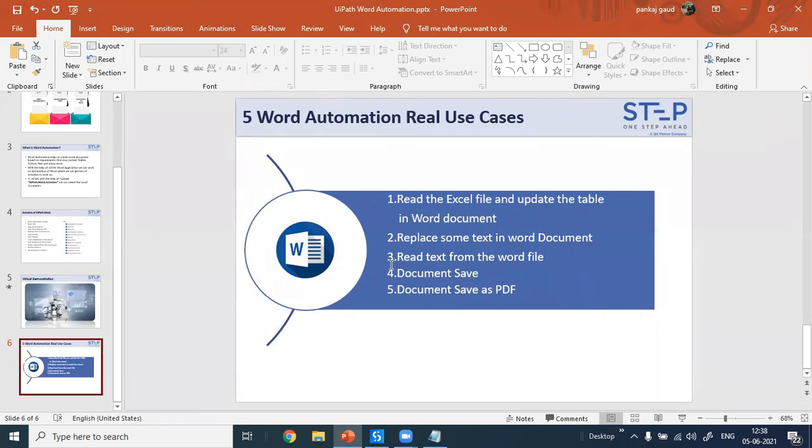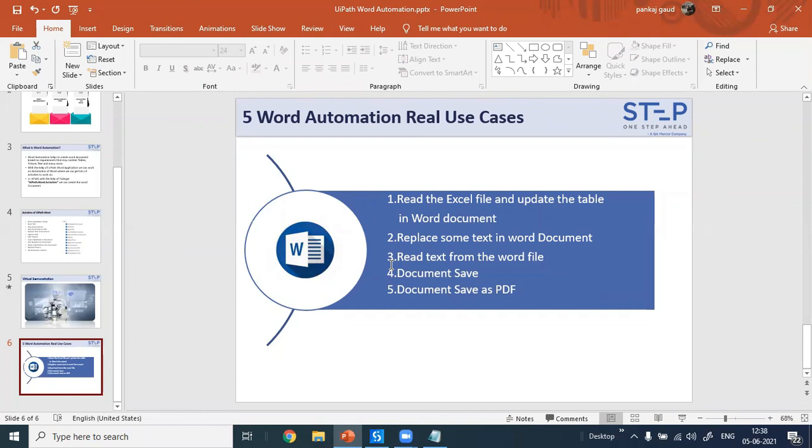And last, it is commonly used whenever we are creating a Word document: we need to publish it as a PDF file. So it is applicable to every industry in day-to-day life. Using this Document Save as PDF activity, we can do it.